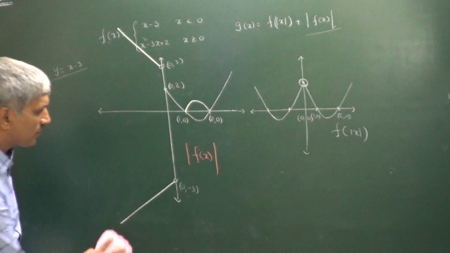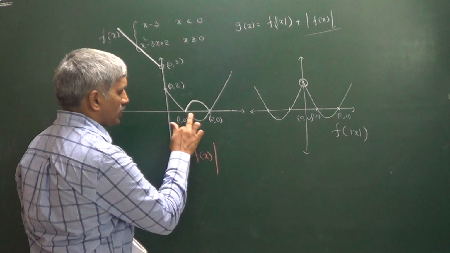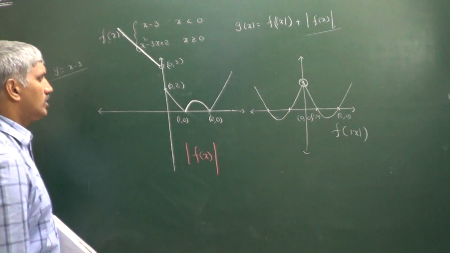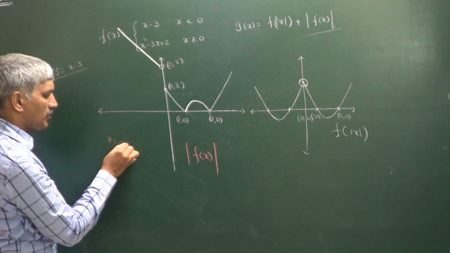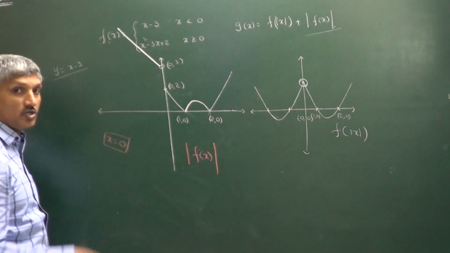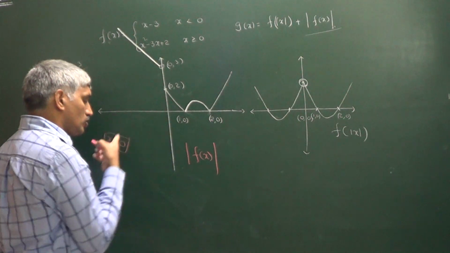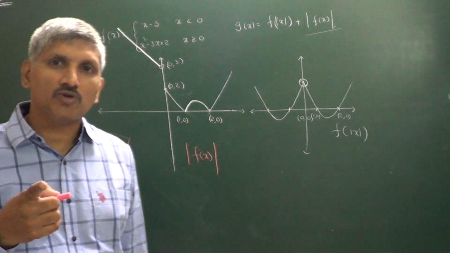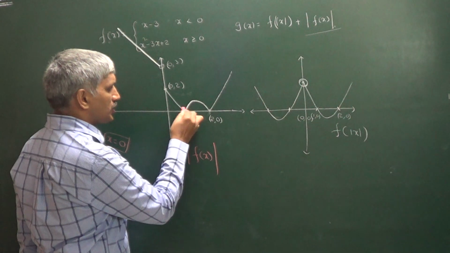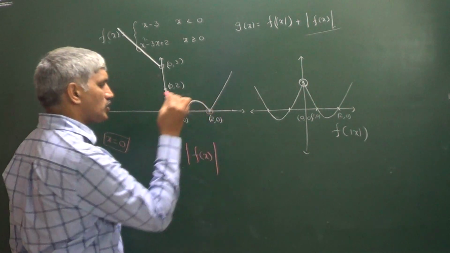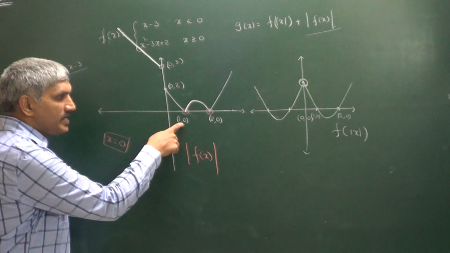Now this is the graph of mod of f of x. So this particular portion is also not there. Now you can check at x is equal to 0, the function is discontinuous. At x is equal to 0, the function is discontinuous, means no doubt the function is not differentiable also. At the same time, at 1 there is a sharp edge, at 2 also there is a sharp edge. The function is not differentiable at 0, 1, 2.